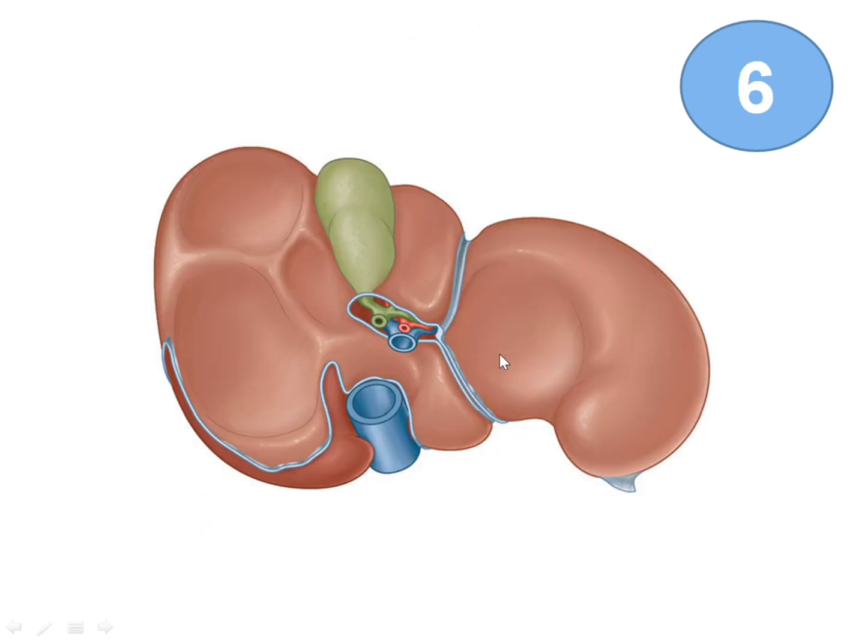Next picture is about the inferior view of the liver. We got here, first of all, left lobe, right lobe, caudate, and the quadrate lobe. We got here the entry exit point, what we call that